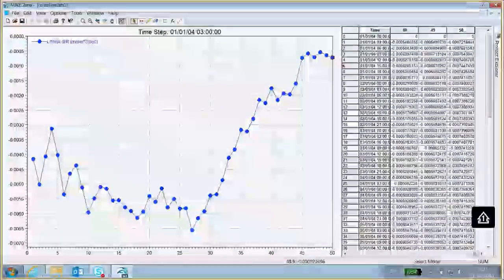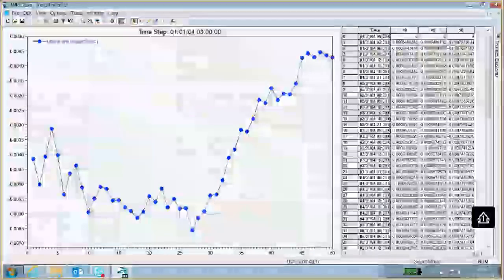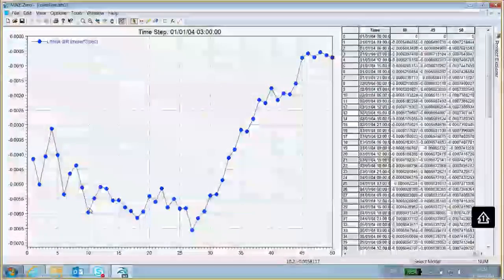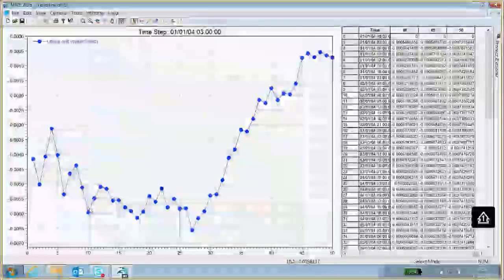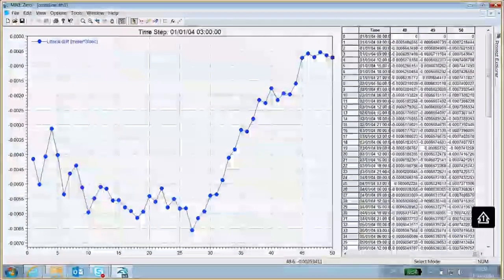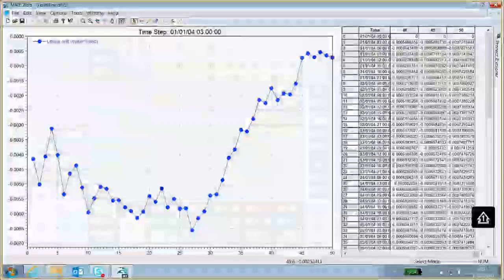You can see the littoral drifts here are negative, indicating that the transport is from right to left. And I think we can understand why that is.